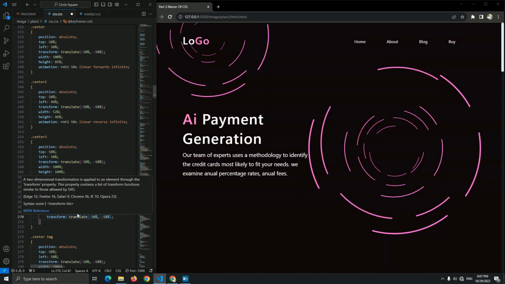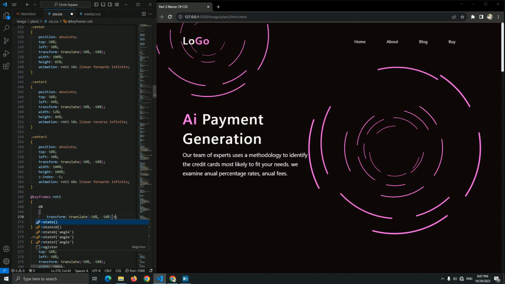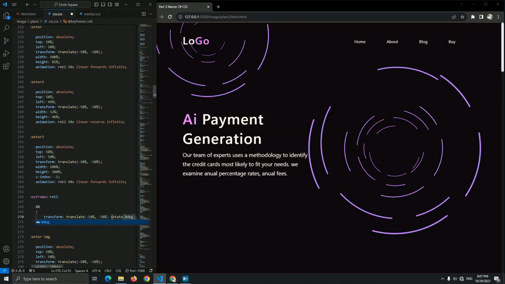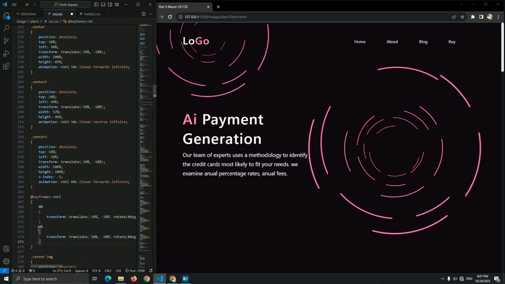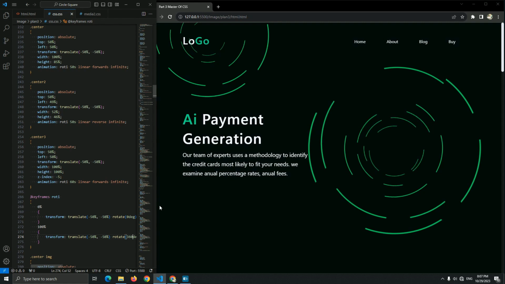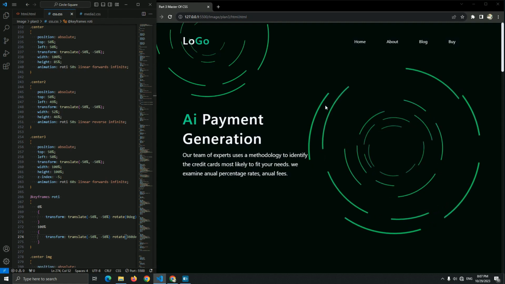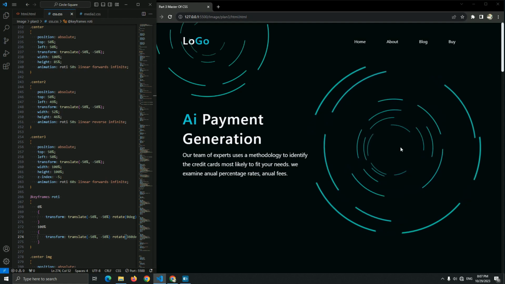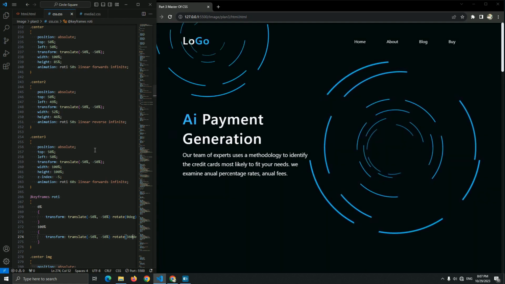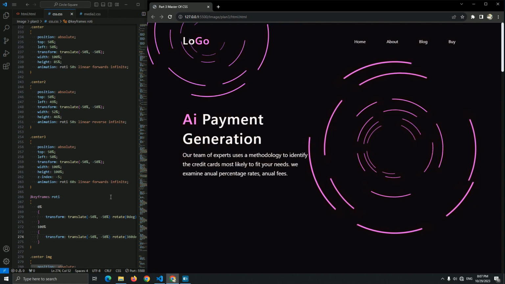Okay, and add a rotate here 0 degrees, and now at 100% change this to rotate 360 degrees. Now as you can see, this is a forward animation and this is a reverse animation, and this is again a forward animation. And yeah, this is our animation.